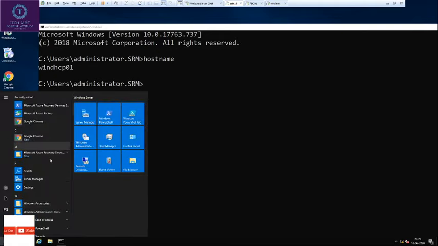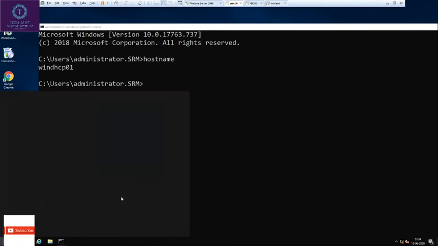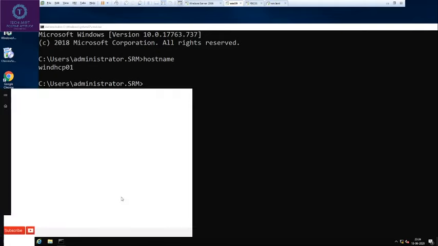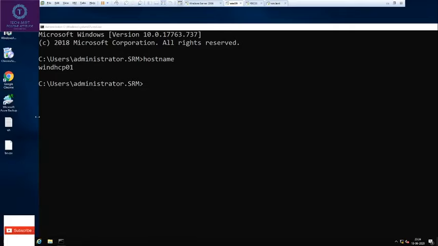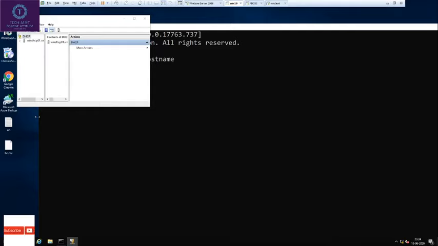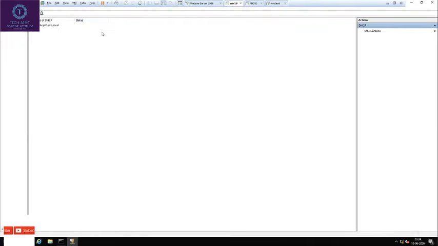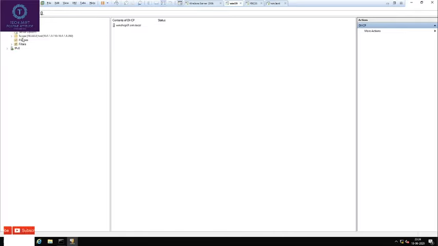I will open DHCP. As you can see, the scope is replicated here.